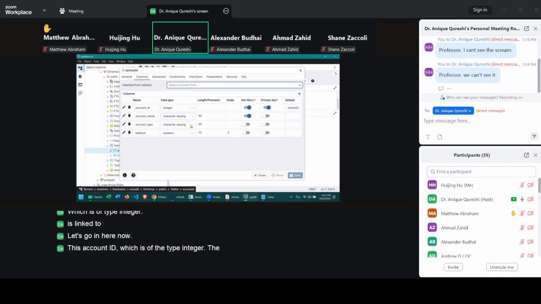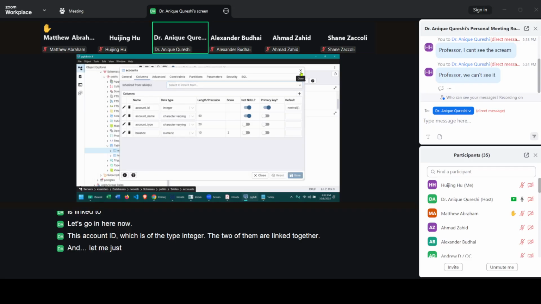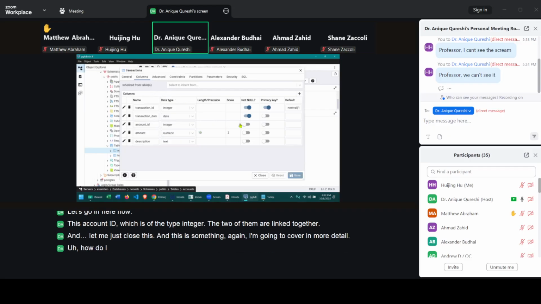The two of them are linked together. And let me just close this. And this is something, again, I'm going to cover in more detail. How do I know? Well, one, I entered it, but then look under,